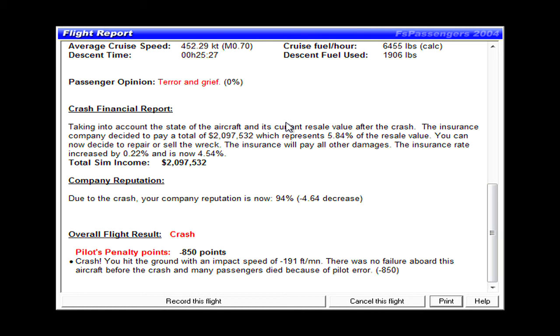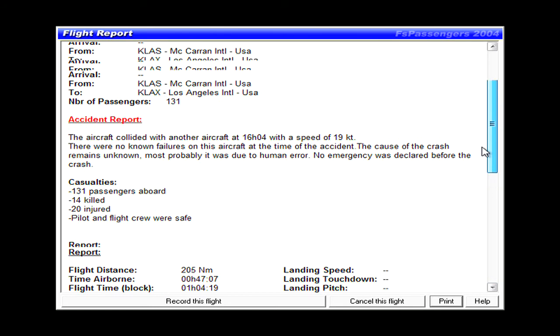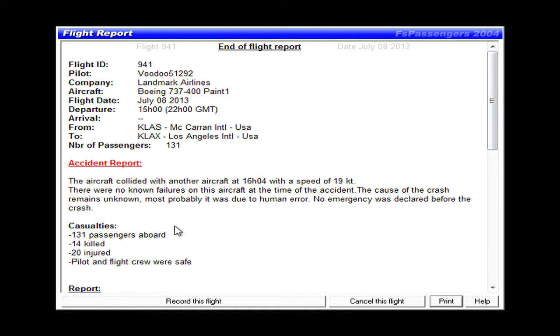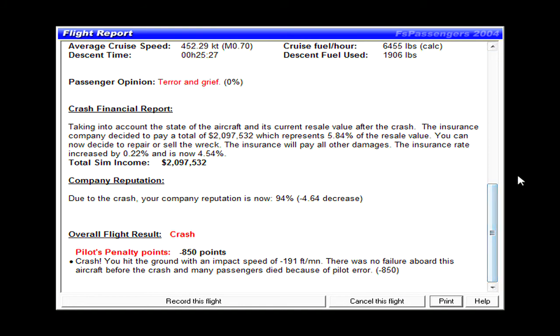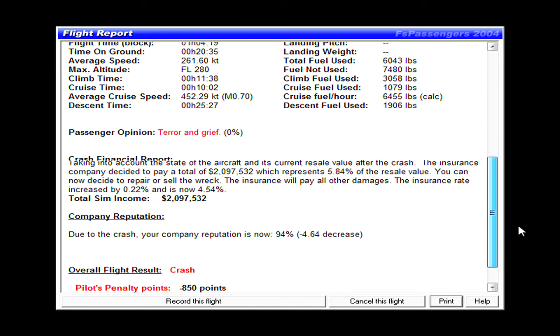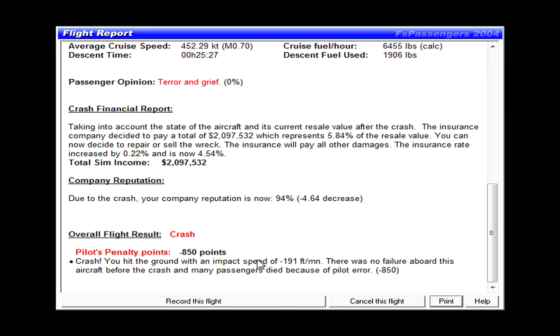The only thing that would have happened had we not obviously done that, we would just taxi to the gate, let the passengers off, and they would have told us. Obviously, we would have had a positive result. We would have gotten positive points. They would have given us some points for making a good landing, for landing at the airport that we said we were going to land at, and that was a good flight. They would have just given us plus 200 or so points,